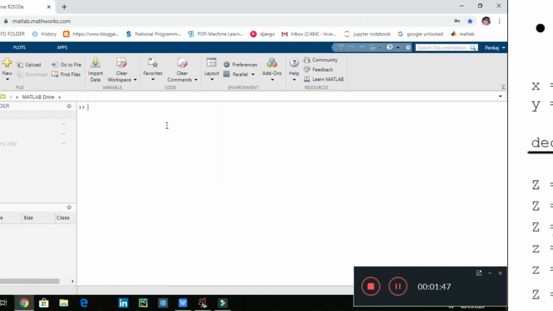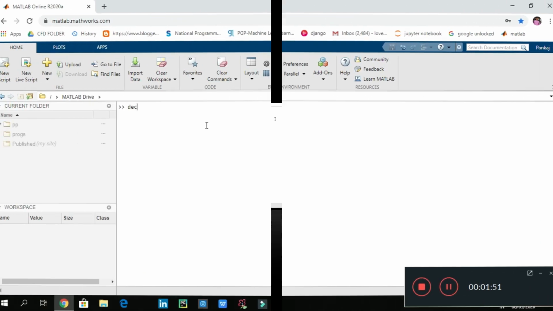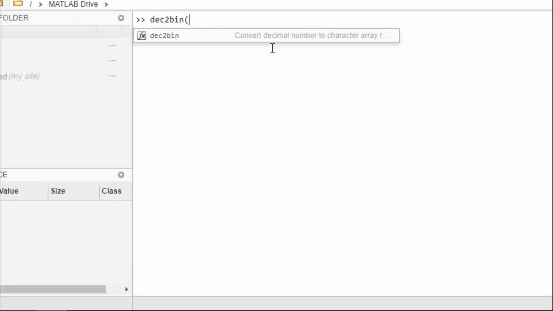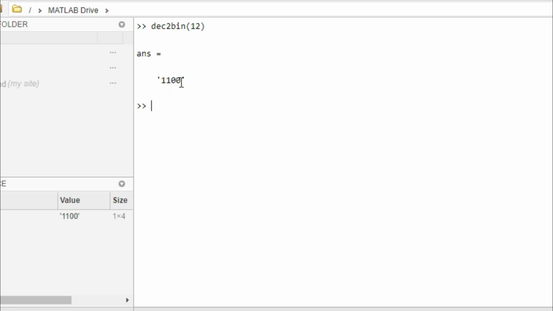So let's work on decimal to binary. Let's check dec2bin of 12. It gives 1100. It ignores the starting zeros. When we use that function, it ignores zeros at the start.